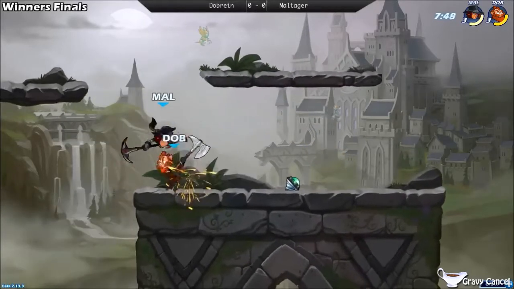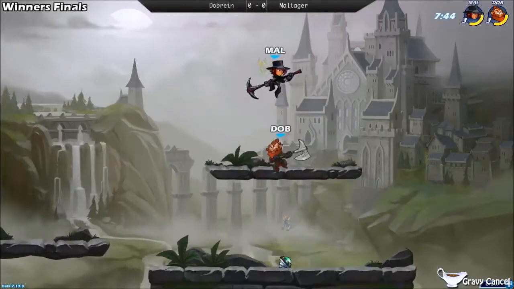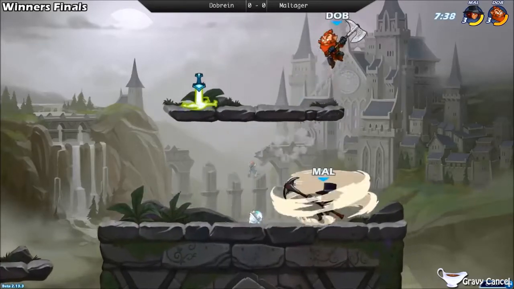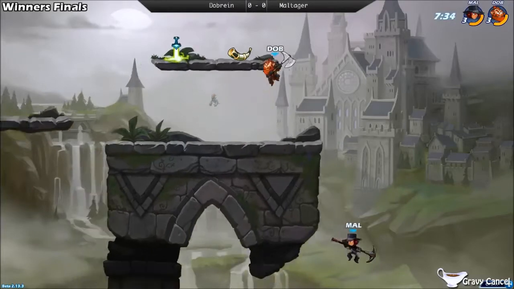Maltager using the hammer on Cassidy. Goes to the neutral sig. Doesn't quite work out. Side airs are being thrown up, but Dobrein goes in for that sidelight, neutral air, down air combo with the axe and puts on a decent amount of damage onto Maltager. Maltager throws out that down stick, gets punched by a cider, sent flying, and Dobrein's looking ready to execute Maltager